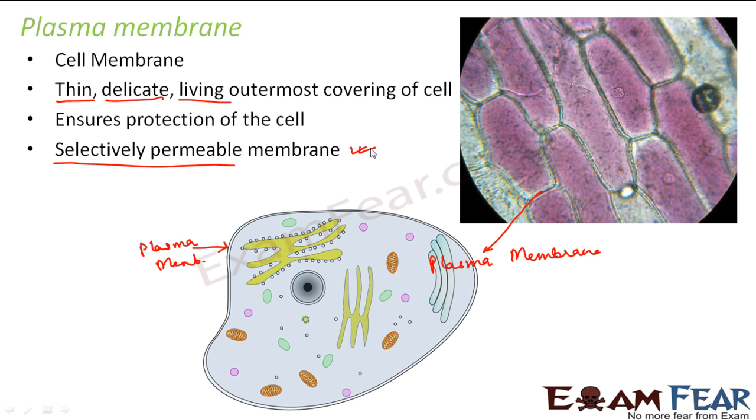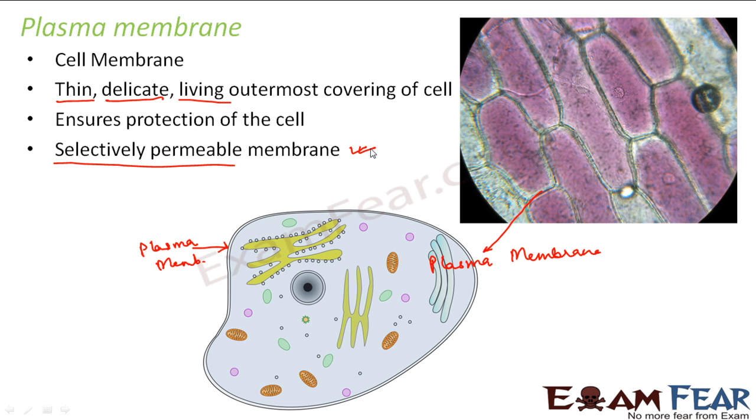When I say fully permeable, it means that the membrane allows everything to pass in and pass out. So that means anything can move in and out of that membrane. So that is known as a fully permeable membrane. When I say selectively permeable, that means it selectively allows certain things to move in and move out. At the same time, there are certain things which it does not allow. So it selectively allows things to move in or out across the membrane. We will discuss in detail about this selectively permeable membrane.